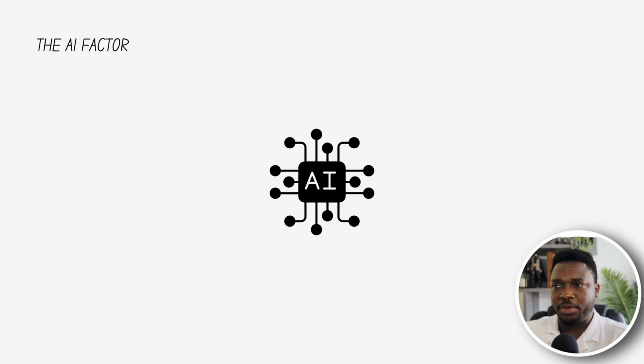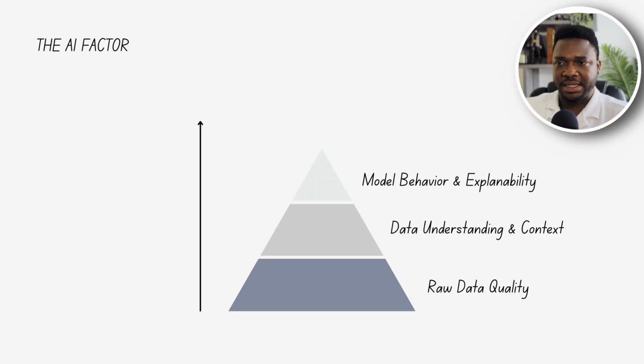It's fast, it's scalable, and it will amplify whatever data you give it, whether it's good or bad. For AI to be ultimately useful, it requires the right data quality as the foundation. To explain this, let's go through what I've called the trust track. And this is nothing new, but I've just categorized it in these 3 layers to explain what I mean. When building an AI model, and why the AI factor is critical, at the bottom is the raw data quality. This is the foundation. If your source data is inconsistent, incomplete, or even outdated, nothing built on top of that would hold. Nobody is going to use that for anything.